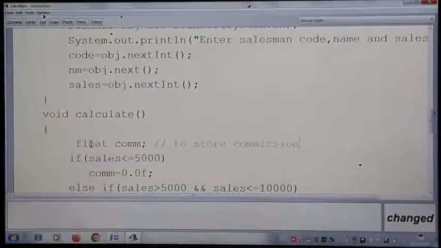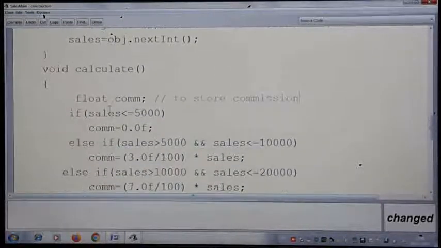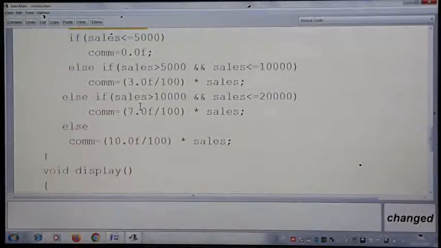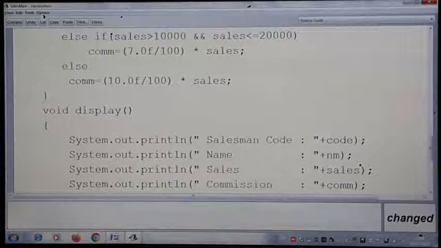Now it becomes a local variable. The calculate method works fine, but float commission is a local variable. Once you come to the display method and try to display commission, this statement will give you an error message.